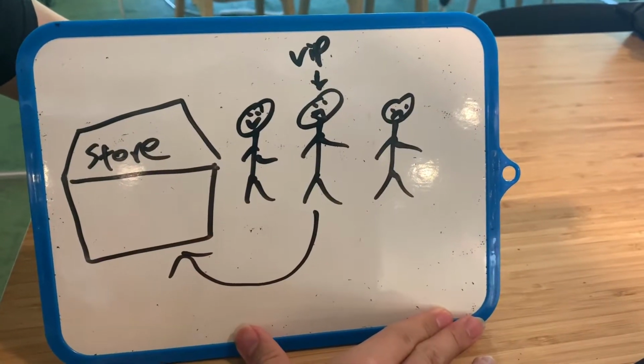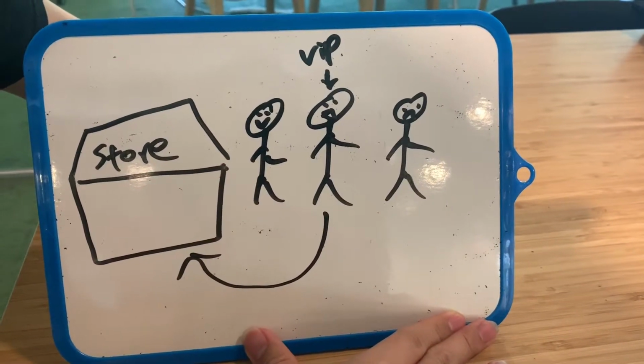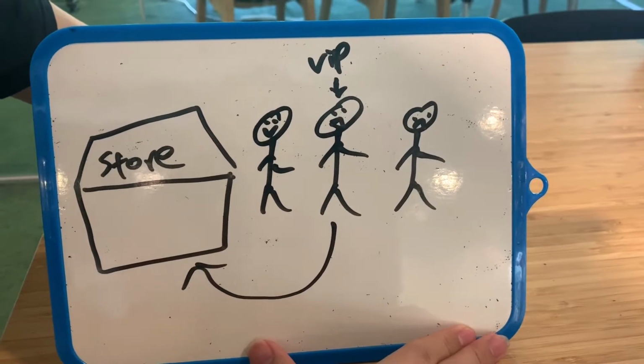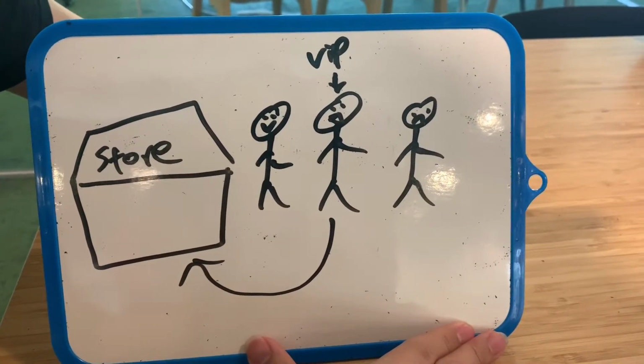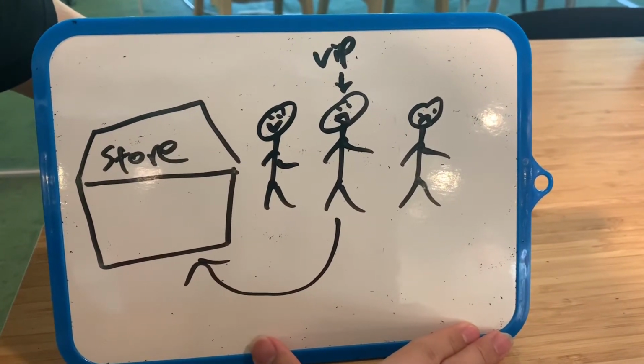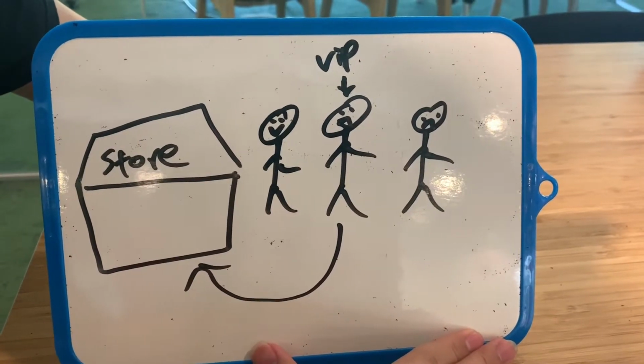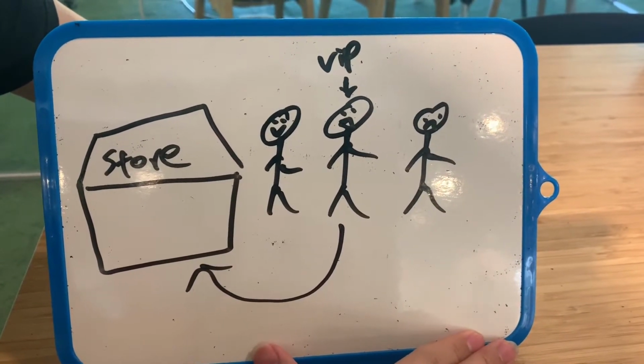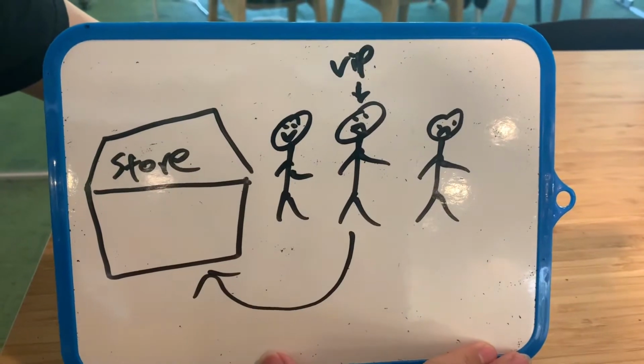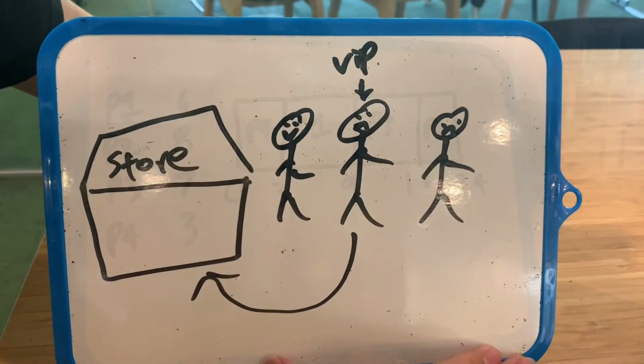So for the next process scheduling, we'll be talking about priority scheduling. The basic example is every process will be given a value to determine how high on the priority they are. The one with the highest priority, which has the lowest value actually, will be going first, such as the VIP, skipping the line and going straight to the store.